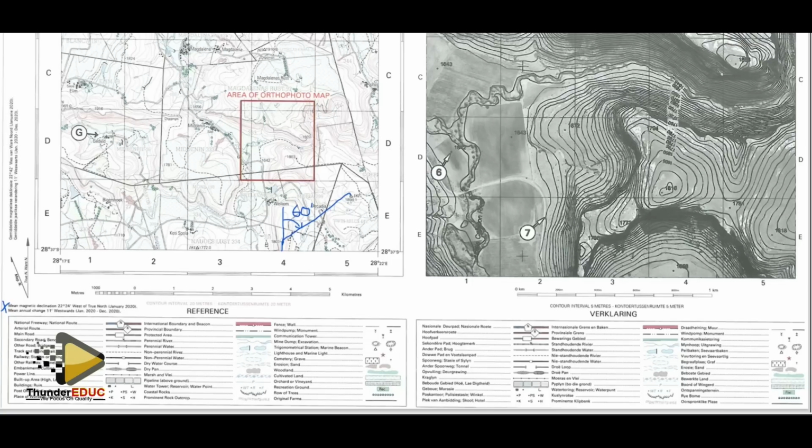The information says mean magnetic declination is 22 degrees 24 minutes west of true north as of January 2020, and mean annual change is 11 minutes westwards as of January 2020 to December 2020. Right, so it means the angle which was there initially is the angle of 22 degrees 24 minutes. That was in 2020. So from 2020 until now, we are in 2024. So if the total change which has happened there is 44 degrees, it means the angle has further deviated to the west by 44 degrees from that particular year to this current year.